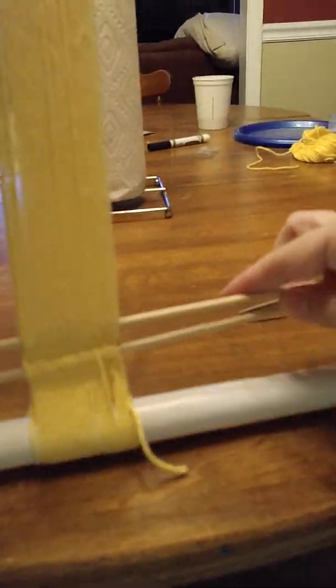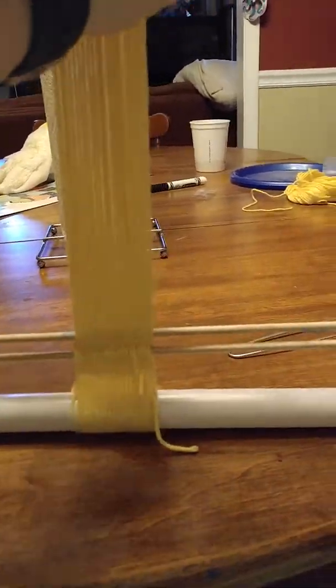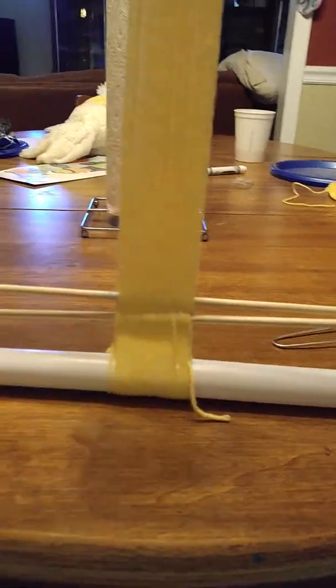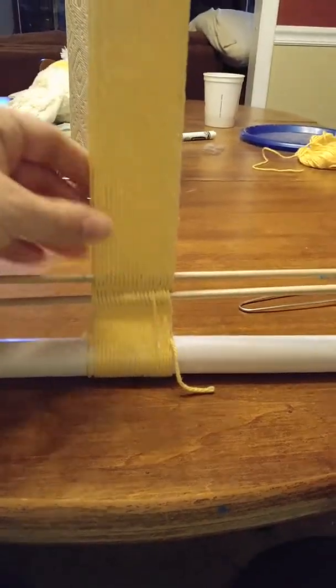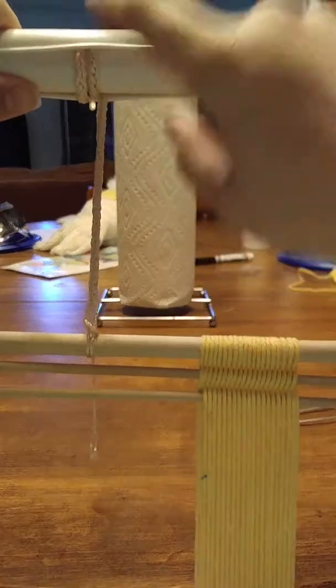So, in 2 rows, you should have this. Now, there is absolutely nothing wrong with having 20 beaters in, with the exception of one thing. This is going to start getting really tight while you're working. And you're going to want to loosen it up, which is why I use this system, because if I twist